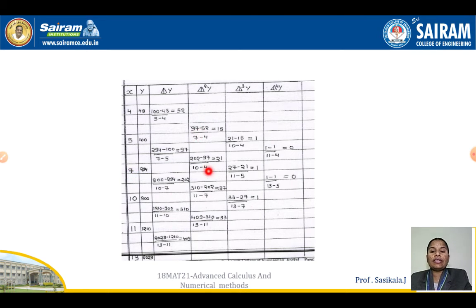And the next divided difference, what is that? These del values you are supposed to calculate, isn't it? So 97 minus 52 by (x2 minus x0), that is 7 minus 4. Similarly, you can calculate the divided difference y column, the del cube y column, and the del power 4 y column. Since it is 0, you can remove it in the formula, and in the table we are supposed to show that.